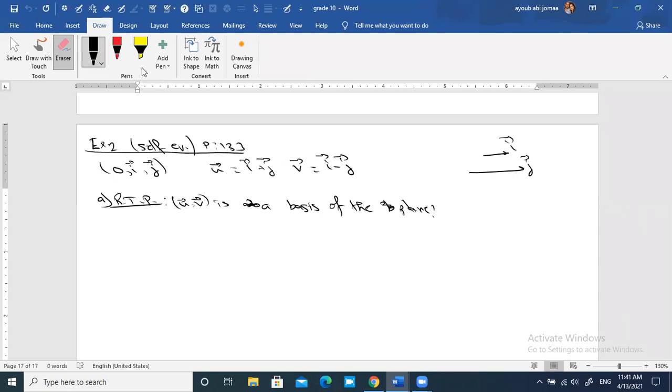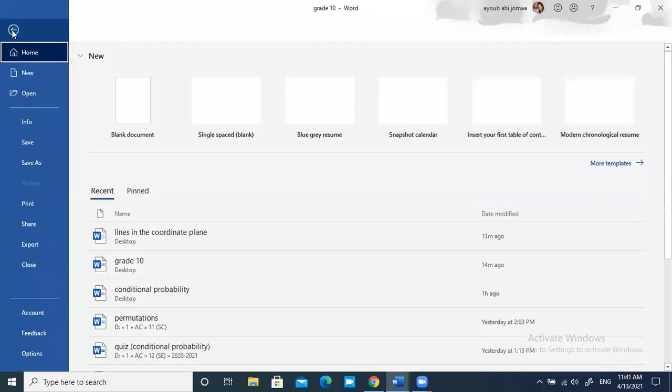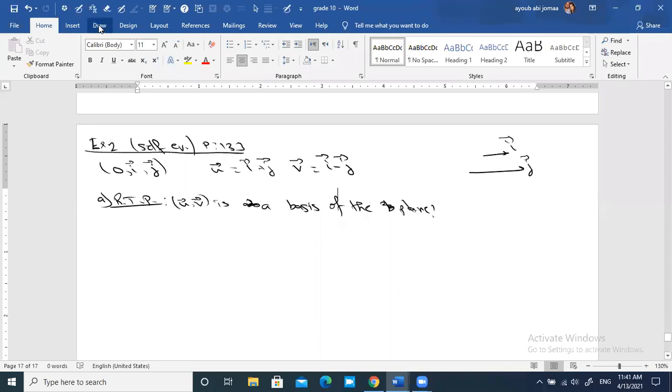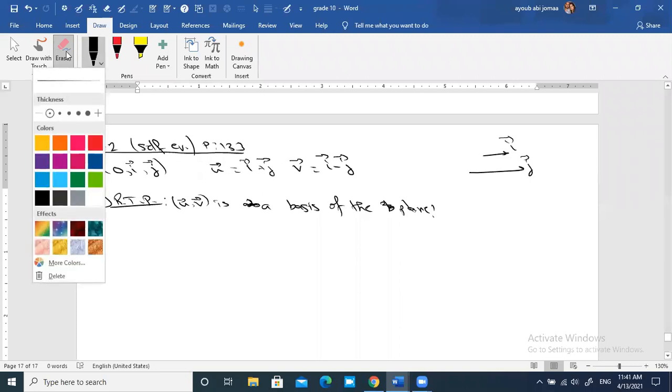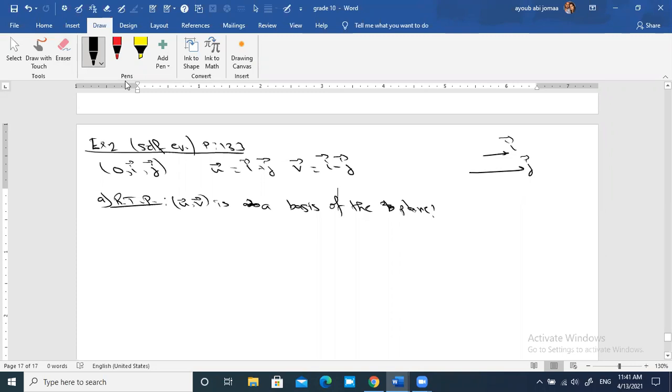Yes? No answer? It is which number? Exercise 2, self-evaluation, page 133. i and j form a base of the plane, in which case